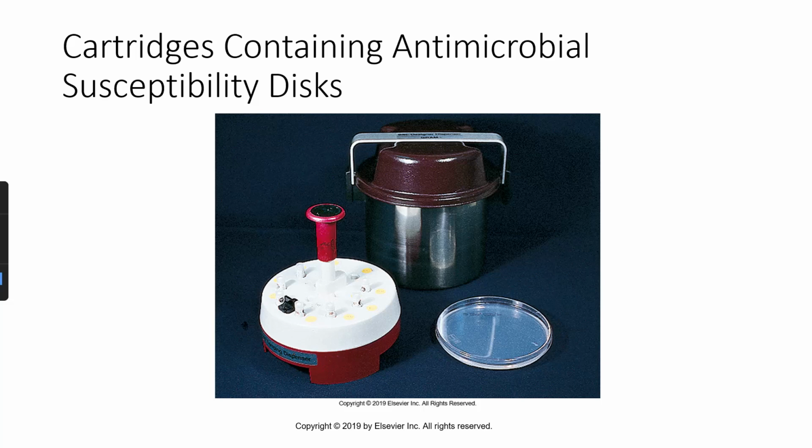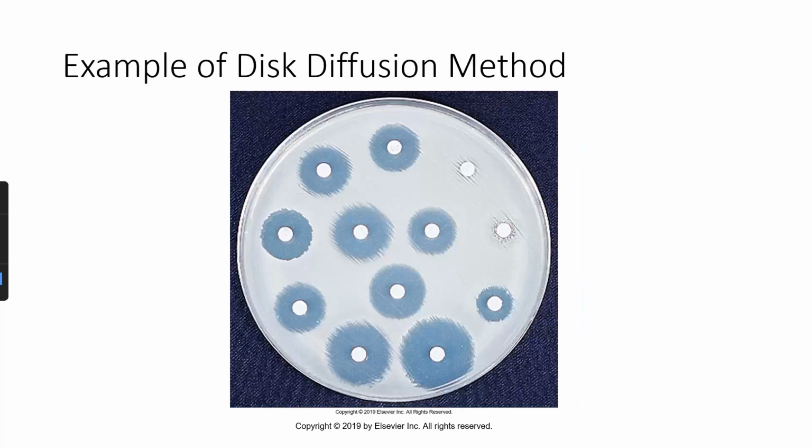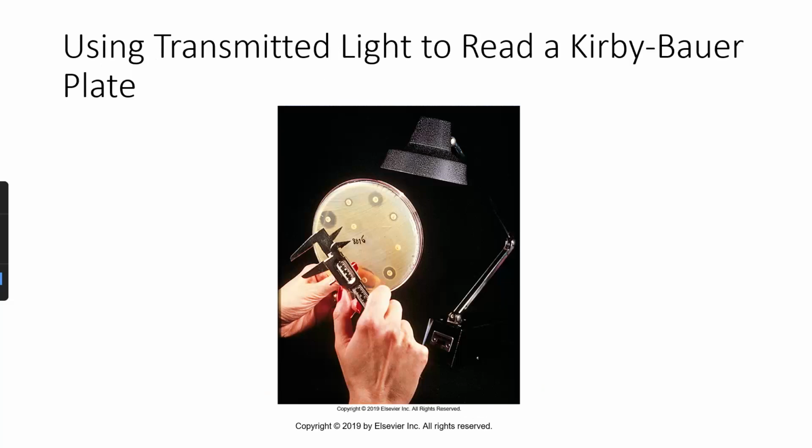So this is a dispenser containing multiple antibiotics. And this is an example of the disc diffusion method. To get the results from this, each one of these is one species of bacteria. Each one of these is a different disc that has dropped on the plate. And then you see the zone of inhibition, or the zone of clearing, around that disc. You would measure the diameter from one side through the center to the other side to determine against the table whether it's susceptible, resistant, or intermediate. And then here's using a micrometer to measure the zone of